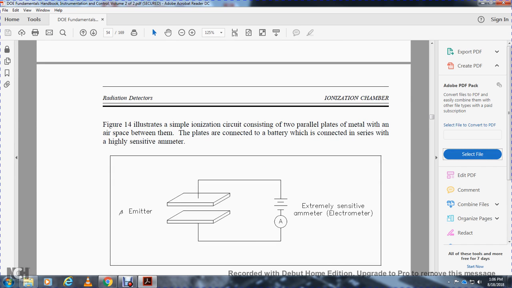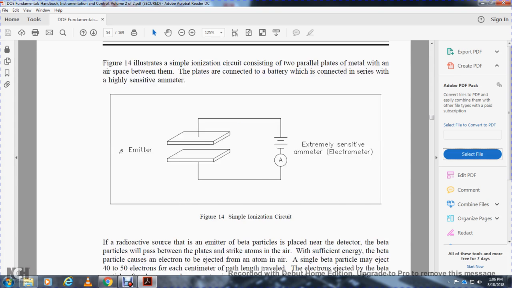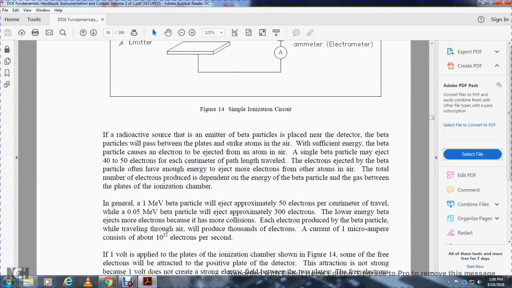The emitter is extremely sensitive to the ammeter of the electrometer. The radioactive source of the emitter with the particles is placed between the detector and the beta. Particles are passed between the plates. There's sufficient energy for the beta particle to cause an electron to be ejected from the atom of